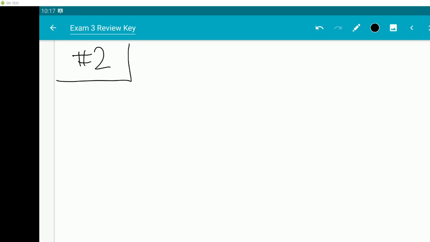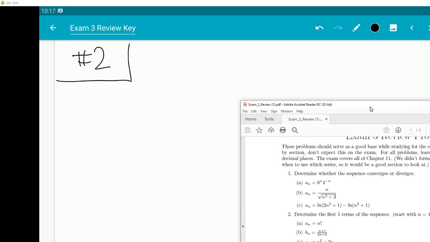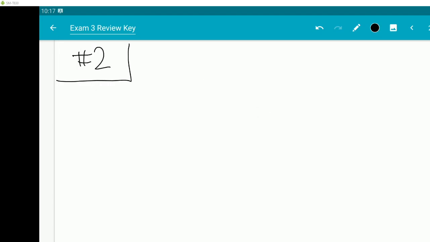Number 2. Determine the first 5 terms of each sequence. So the basic idea behind these ones is just making sure you actually know how to figure out what the terms are. So here I also say start with n equals 1 just so there's no confusion. Can't see it. So we're going to start with a_n is equal to n factorial. So I put this one on here